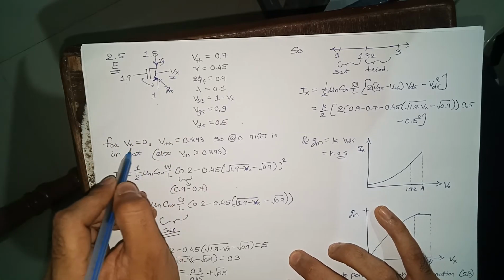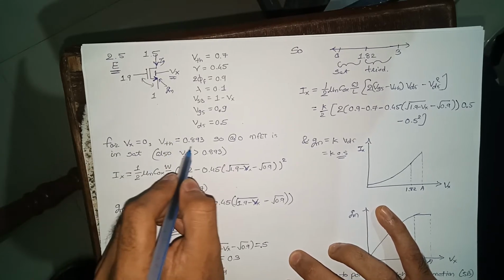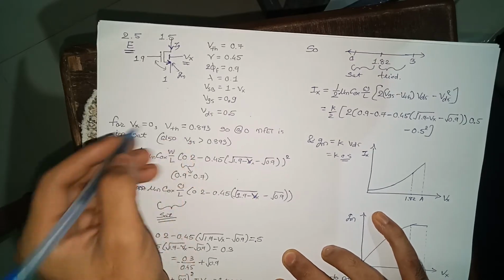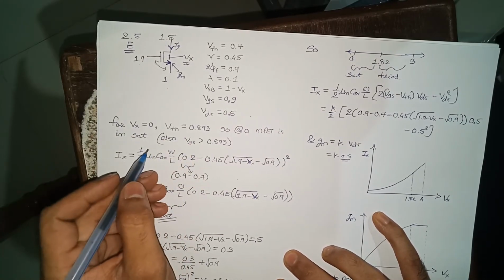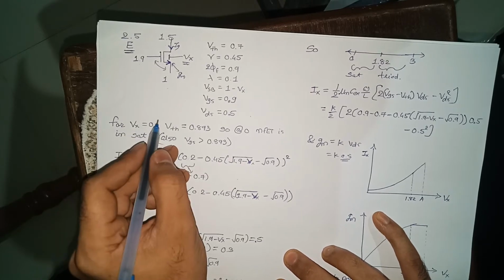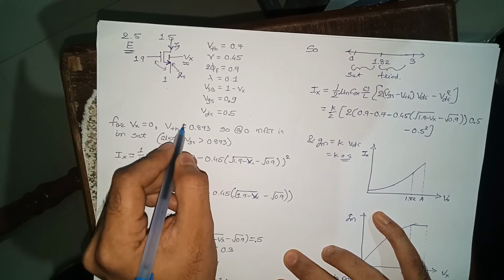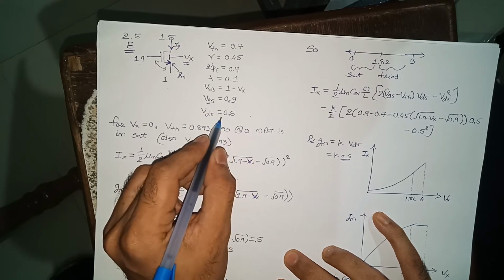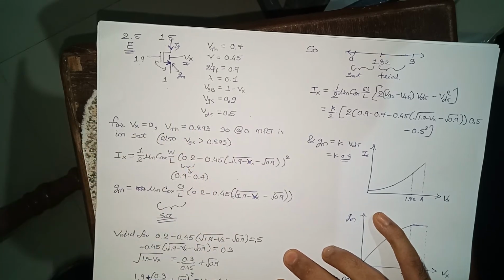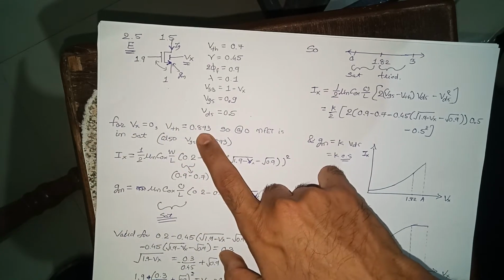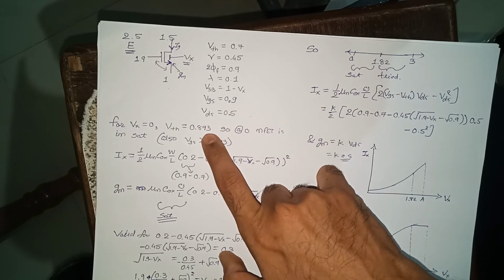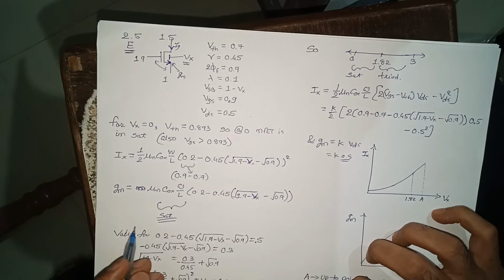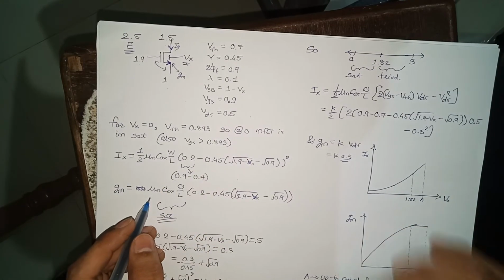So for Vx equal to 0, I wrote the direct value here to make this video fast, but you can derive that value from the equation of VTH, that is VTH0 plus gamma times the bracket of under root of 2 Fermi potential plus VSB minus under root of 2 Fermi potential. VTH will come with this value, 0.893, and that is of course less than VGS. So this will be on, and